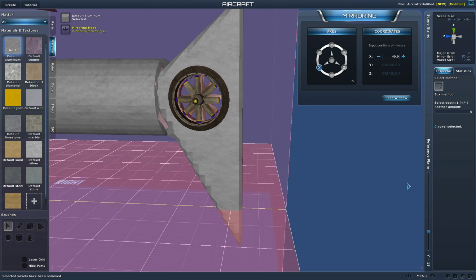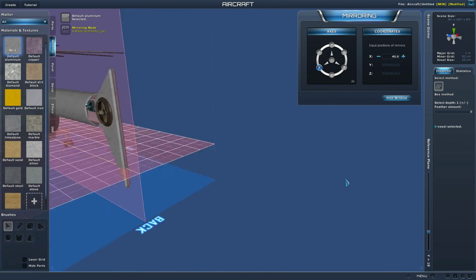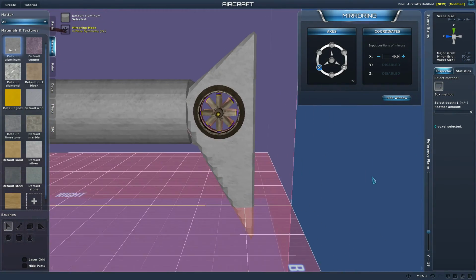Okay, delete selection. That looks pretty good. Well, we've still got some more. Let's get rid of this, this, and this. Delete selection. Okay, that sits in there pretty nicely. And then I kind of just want to get rid of